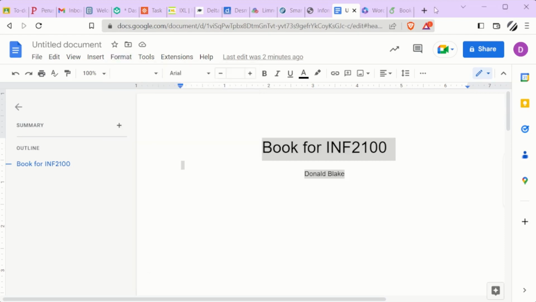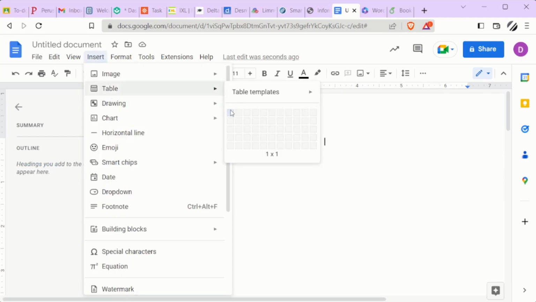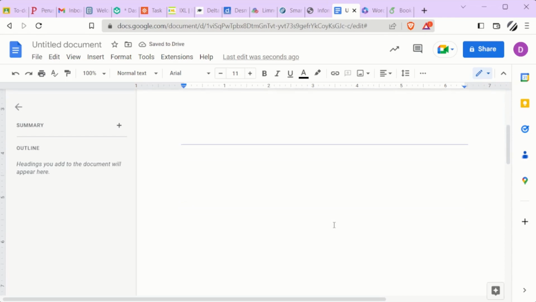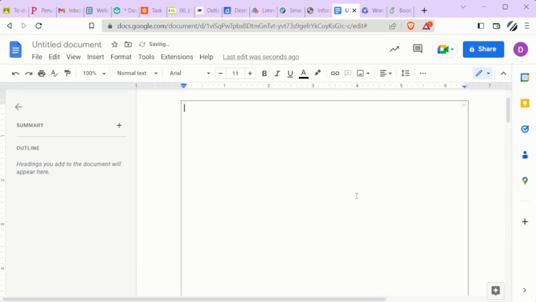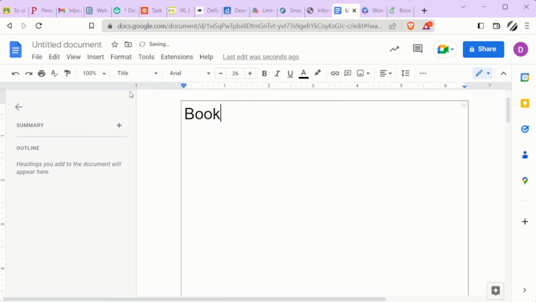Well, that is because in Google Docs, we don't actually have the option to center things vertically on a page. So here's what we do instead. We're going to insert a table that has one cell. We're going to stretch that cell out to occupy the entire page. And now, when we apply our title,